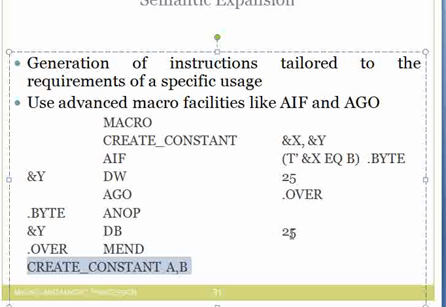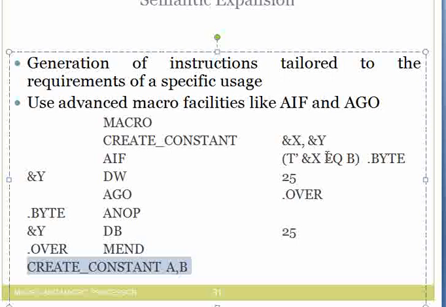However, if the type associated with a is not a byte, then it will declare y, that is b, to be a data word of 25. Then we go to the next line, which is AGO .over, go to the line where .over appears as a label, which is MEND.